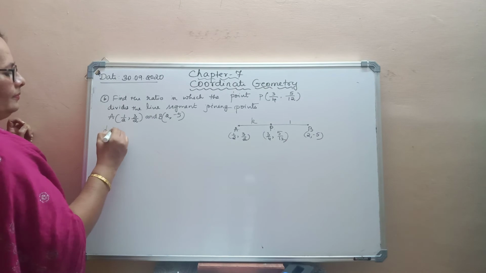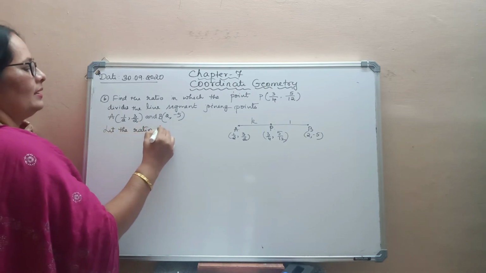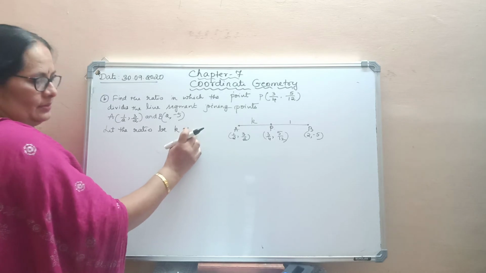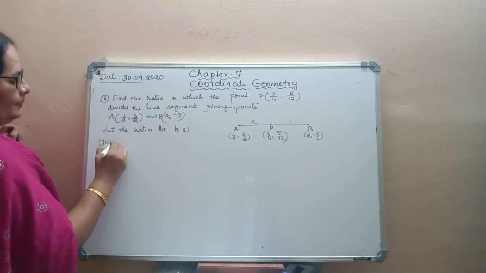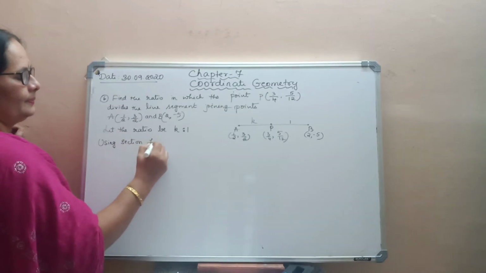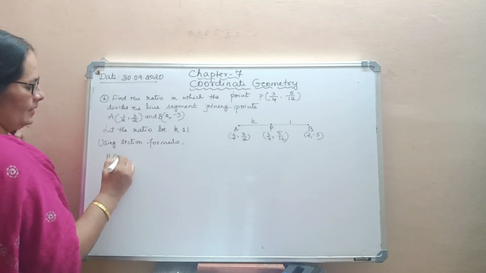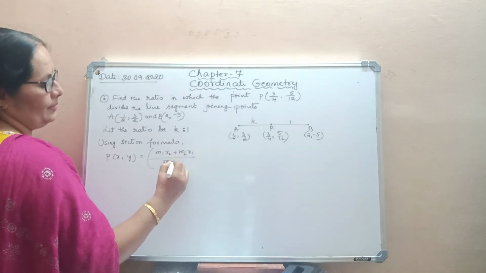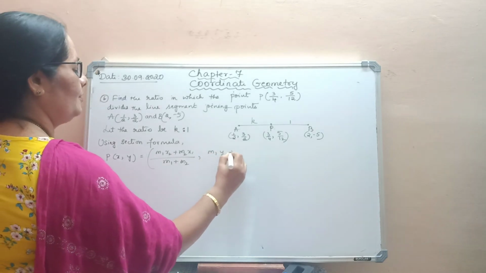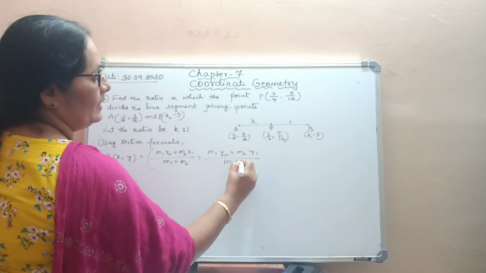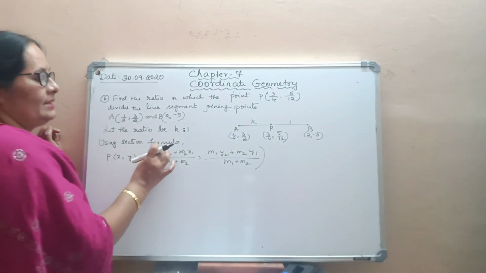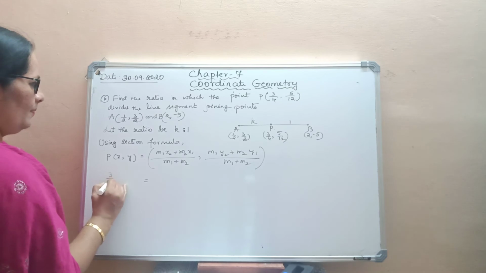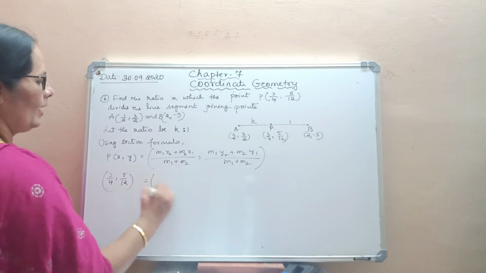Let the ratio be k is to 1. Instead of m1, I will take k, and m2 is 1. Now, using the section formula, P of (x, y) equals (m1 x2 plus m2 x1) upon (m1 plus m2), then (m1 y2 plus m2 y1) upon (m1 plus m2). This is the section formula. Now we will replace m1, m2 as k is to 1. So P of (x, y) is given as (3/4, 5/12), and m1 I have taken k,